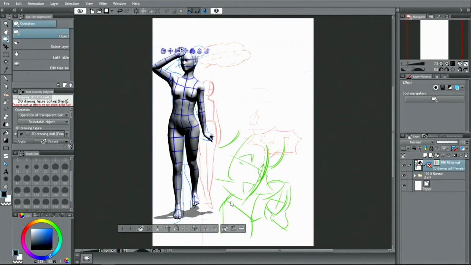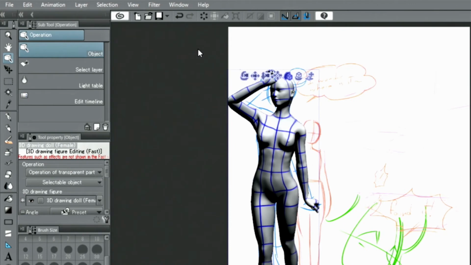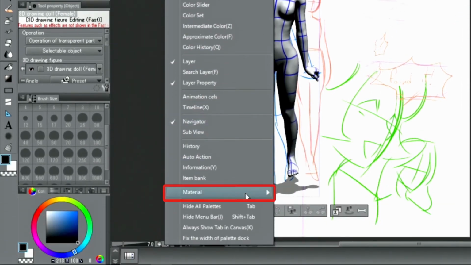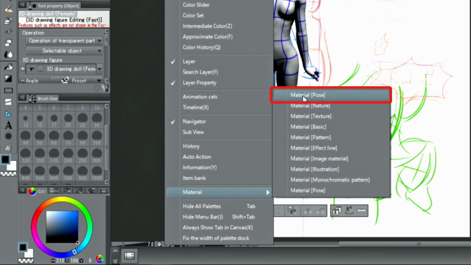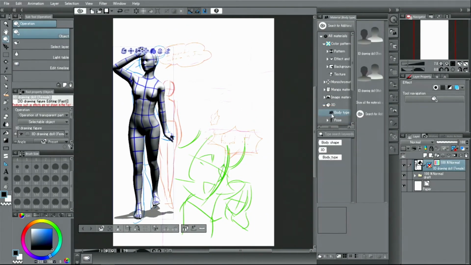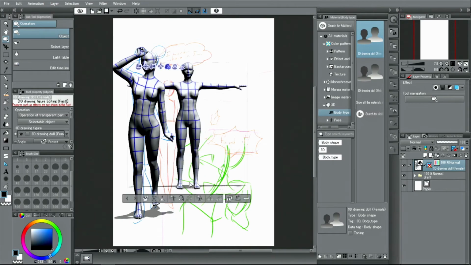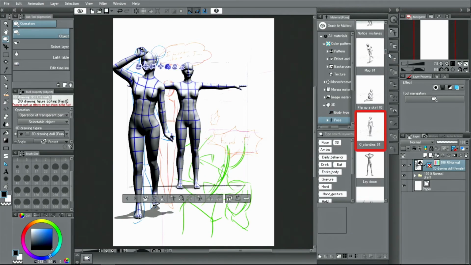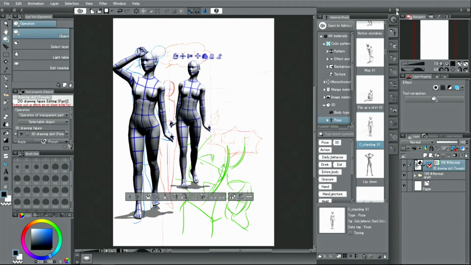For this scene, I will add another character. I'll do that just as I did before, by dragging and dropping a 3D model from the material palette onto the canvas. It is possible to have multiple 3D models on the same layer.